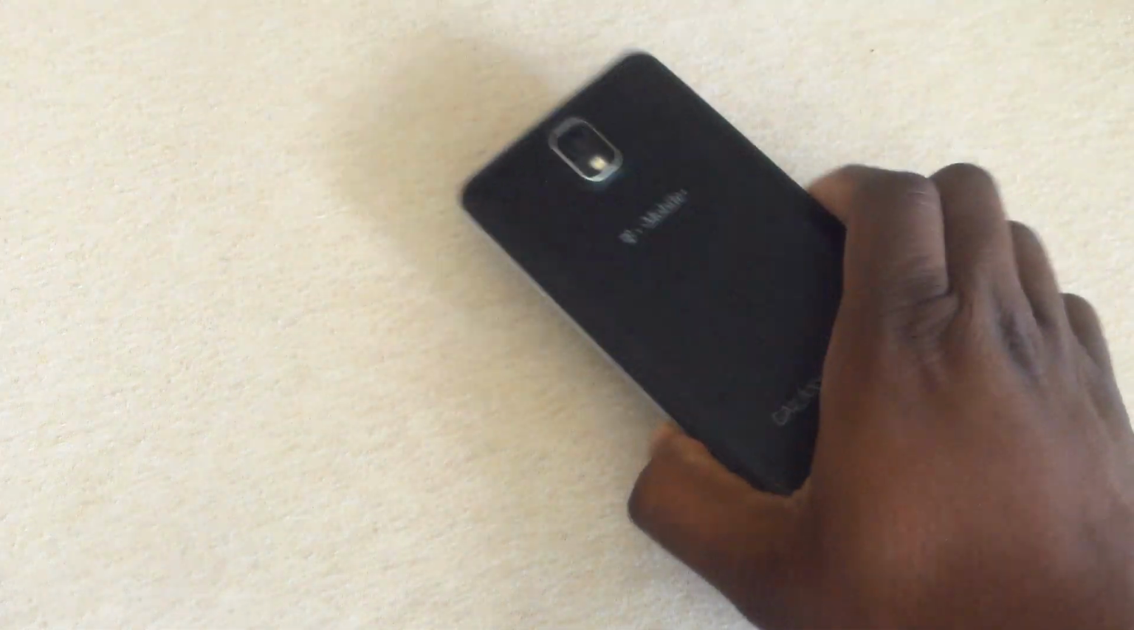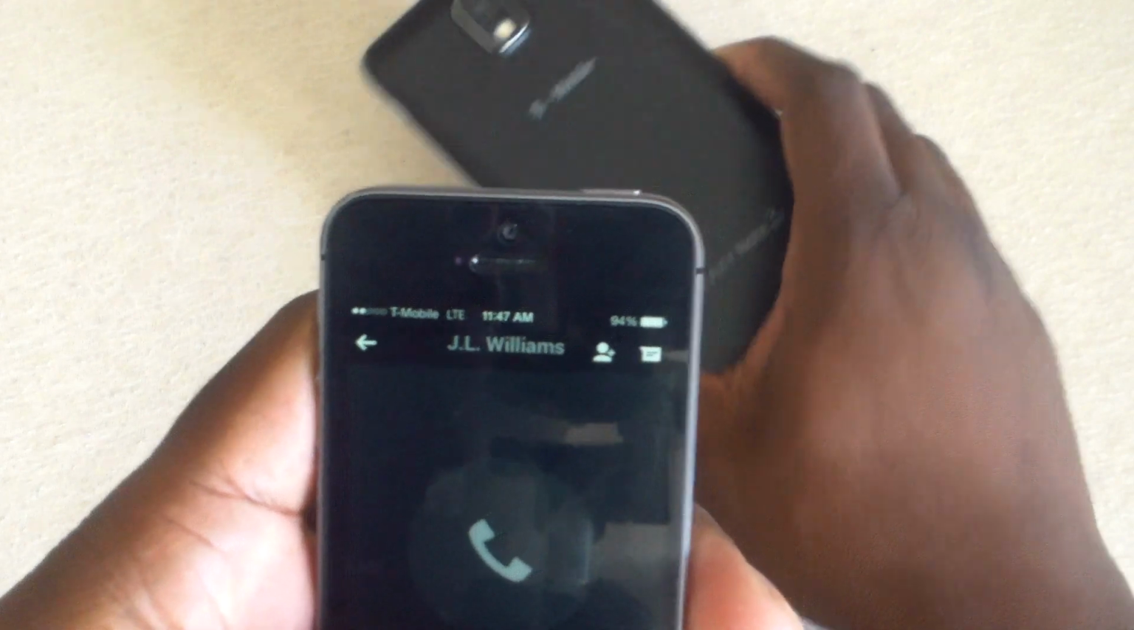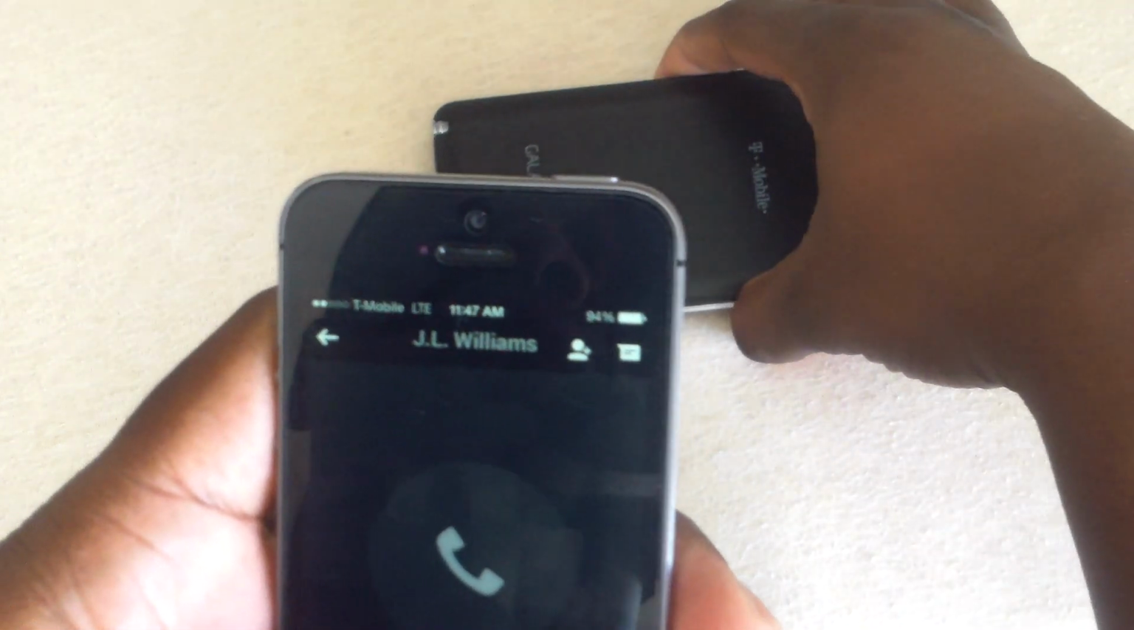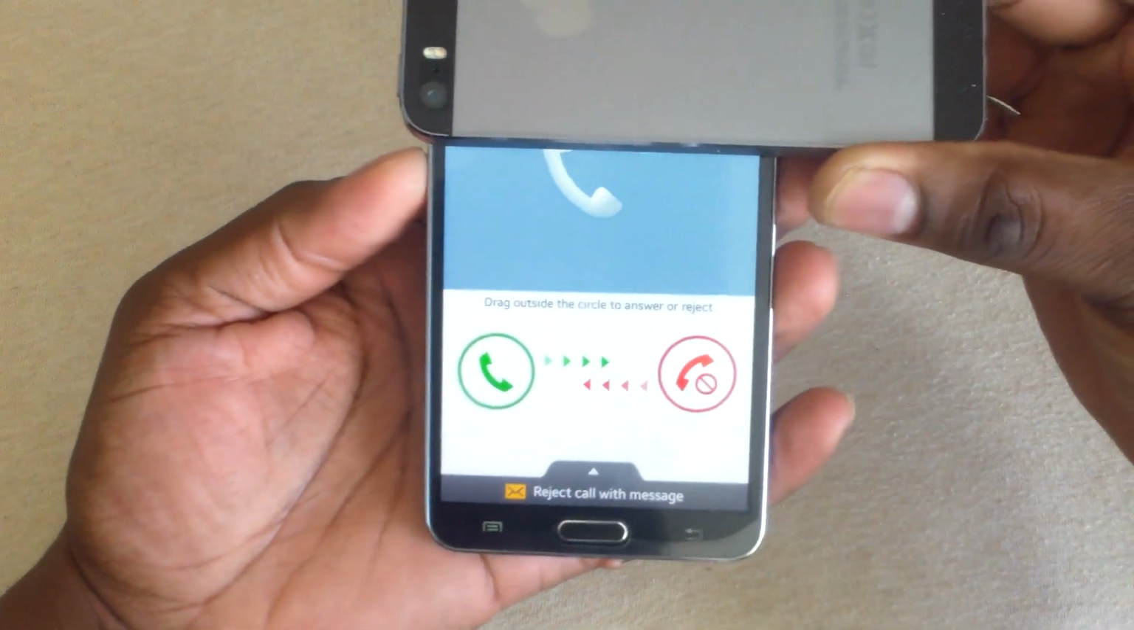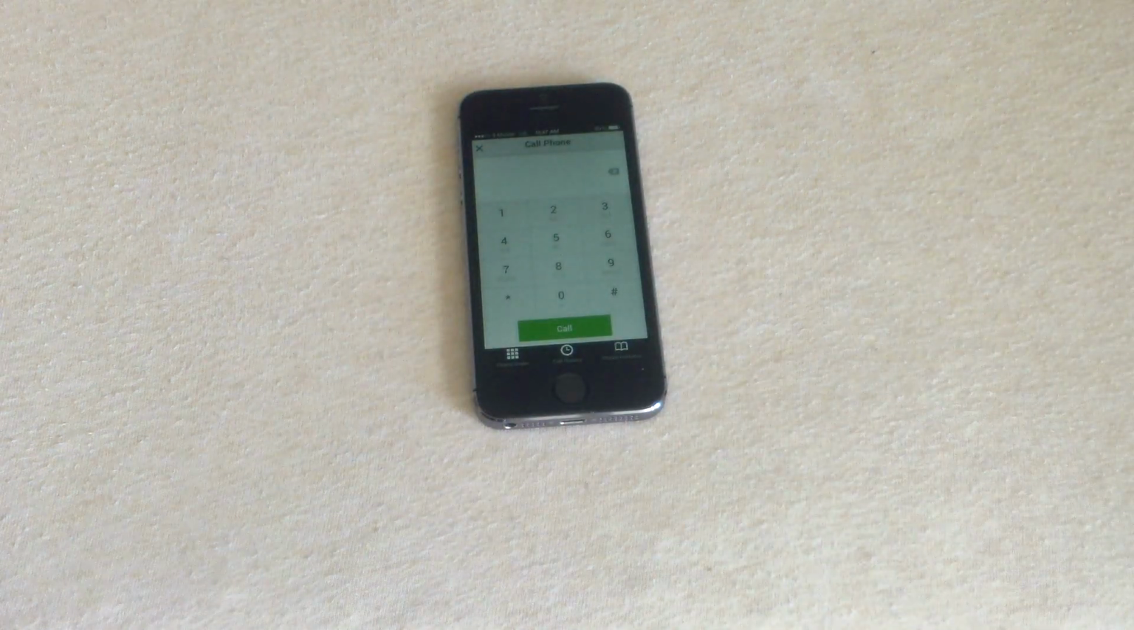So I am calling this phone right here. You can see it's calling this device. I can't show you the number, but it is ringing. So let me see if I can block this out here. You can see it's calling it. So it works. You can make calls